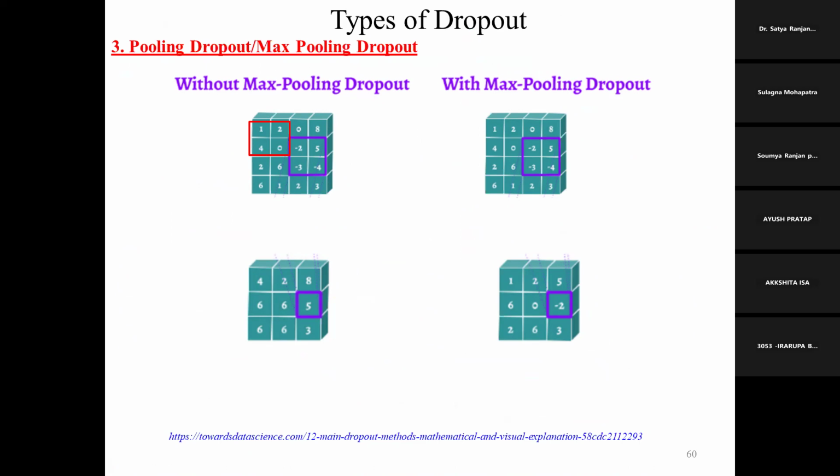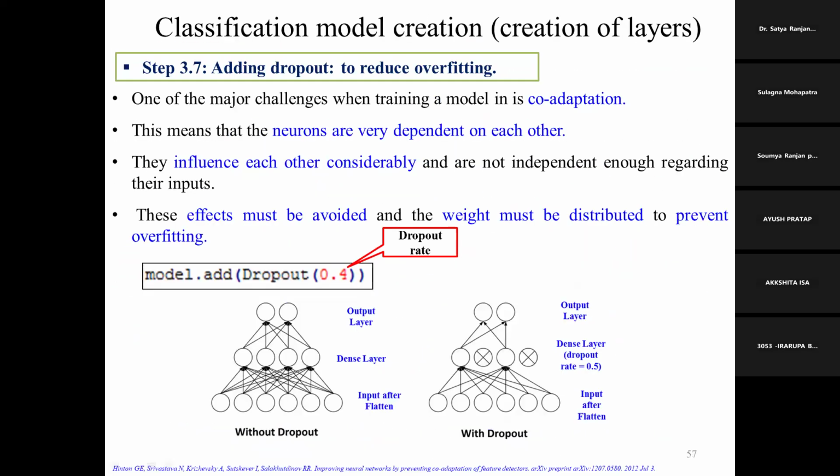It's not the AI's learning pattern, it's the model's learning pattern. If some neurons are dropped in the past epoch, the machine can learn the features only from the remaining neurons. Then in the next epoch, I will drop these two neurons, and the machine will learn from these neurons and another pattern.